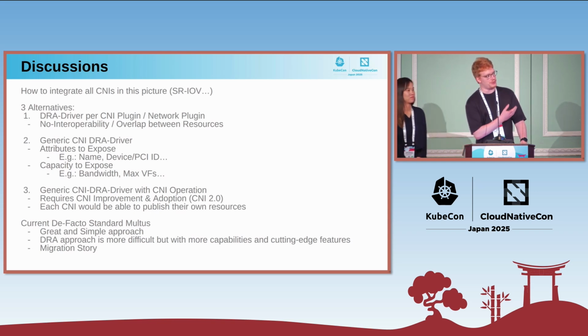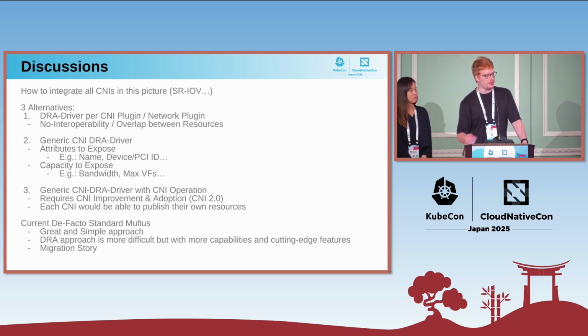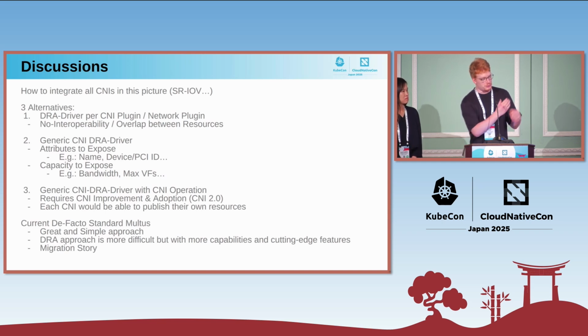I fully agree with that. I'm talking about CNI 2.0 because the discussion started a few years ago already, and they are talking, for example, about replacing the binary with a gRPC model. They are talking about more features, but I fully agree with you, and I think it would be possible to have this function that provides this capability without having a CNI 2.0.